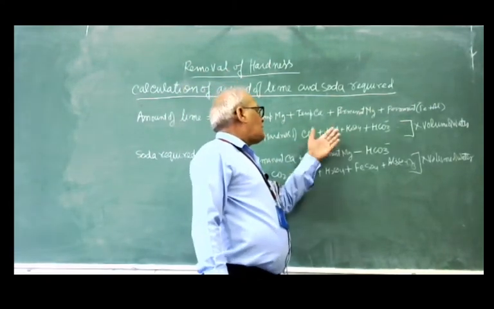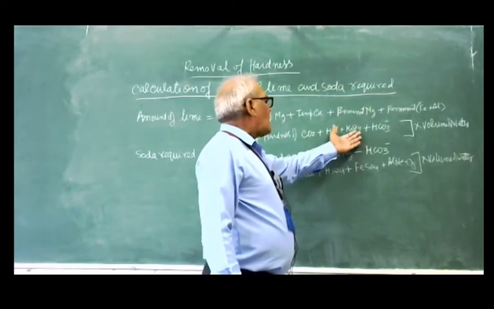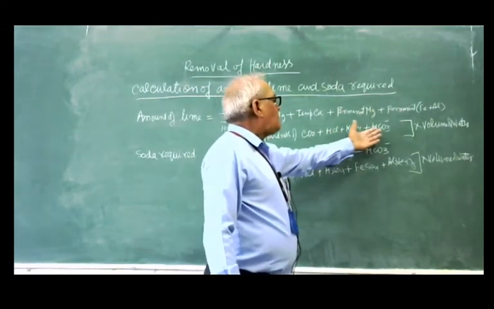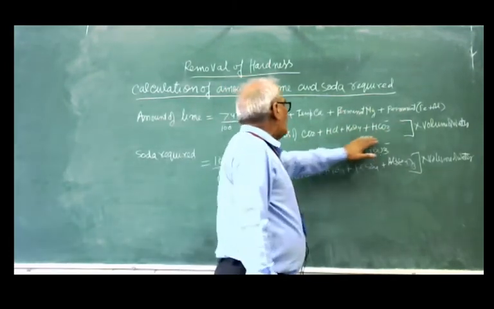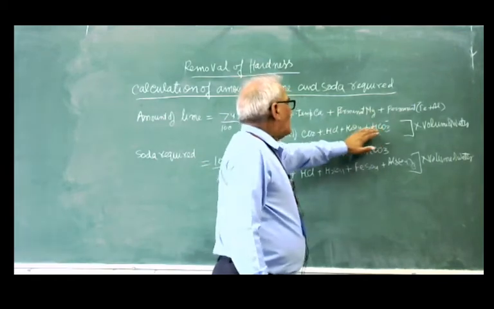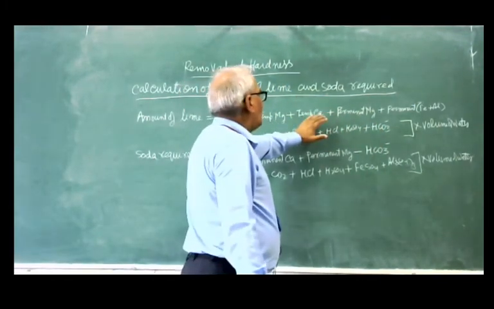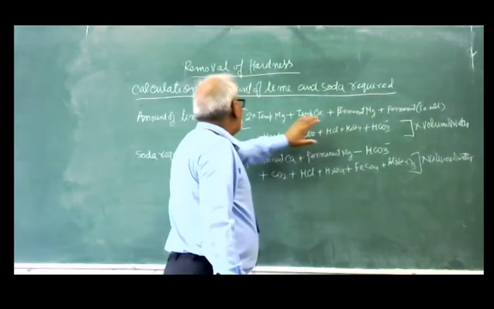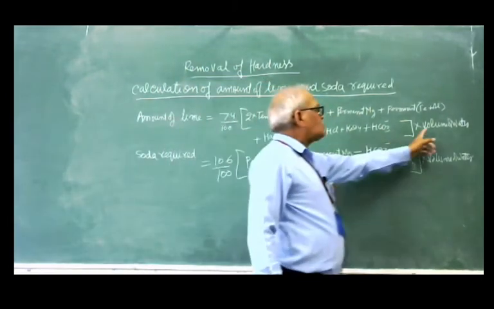HCl giving H ion, sulfuric acid also requires lime, and bicarbonate also requires lime. So all these temporary and permanent hardnesses are put in the equation for the calculation of the amount of lime, and lastly multiplied by